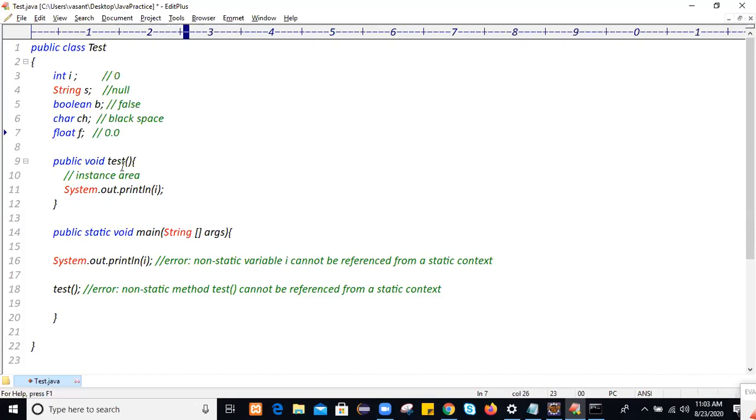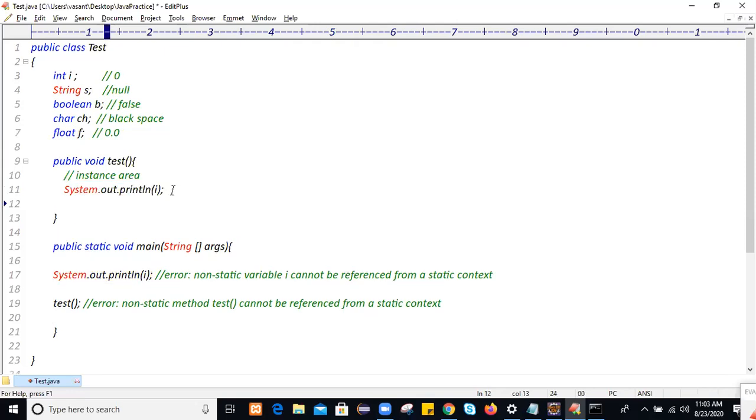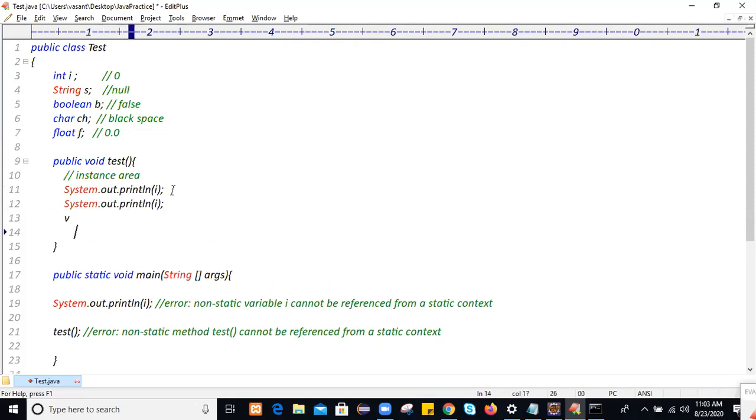Those default values are automatically initialized, and when you access those variables, those default values will get displayed.